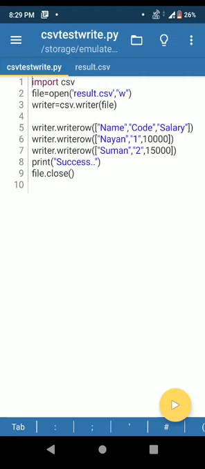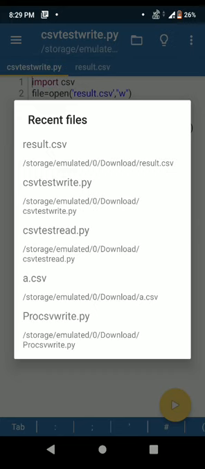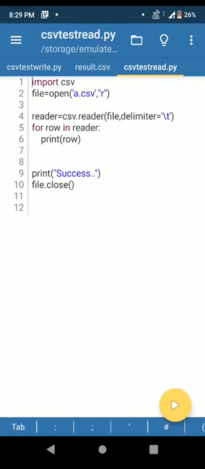Now we'll create another program to read any data from CSV file. So I'm opening another program here, csvread.py. Now in this program you can see again I am opening a file a.csv in read mode.